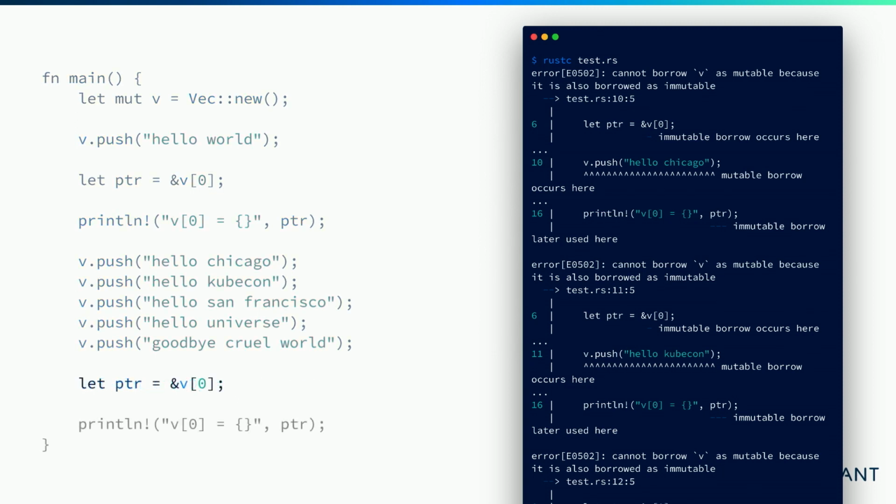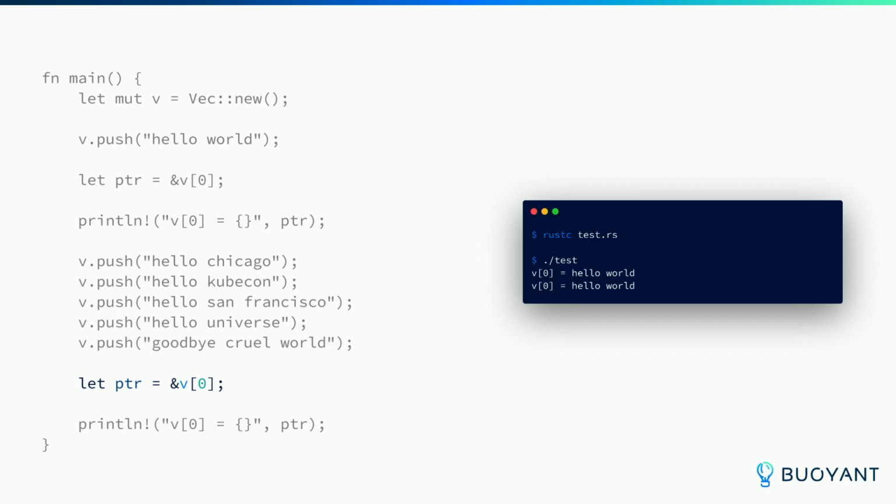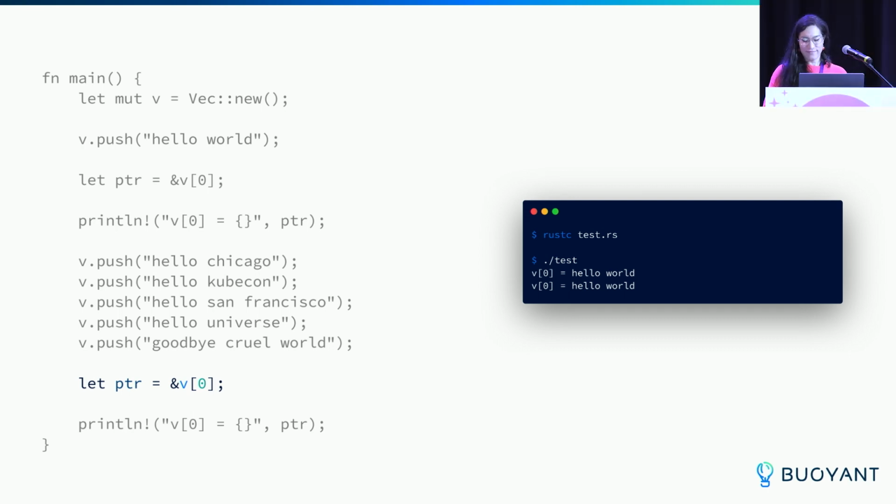So how do we fix it? Well, it's pretty simple. If we just recreate that pointer down at the end, the compiler is smart enough to know that the first instance of the pointer is short-lived. It only lives as long as that first print line, and then it's never used again. So it can be discarded at that point. And then once we try to do the v.pushes, that mutation, it's allowed because we don't have any outstanding references to v. No one else is looking at that data, so it's safe to mutate. Then once those mutations are complete, we can recreate that pointer and everything should work. Ta-da, hello world twice. Pretty sneaky. Let's try another one.